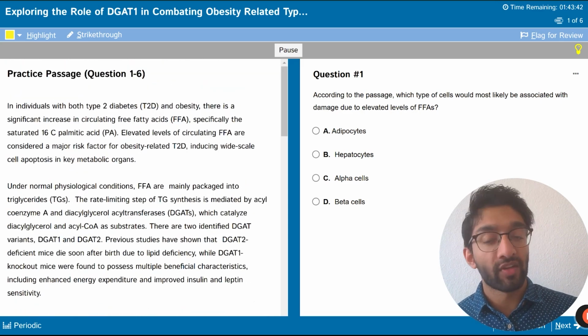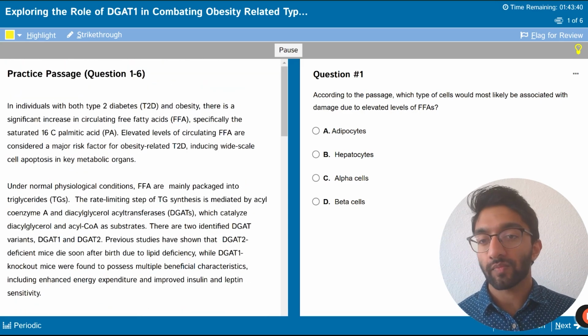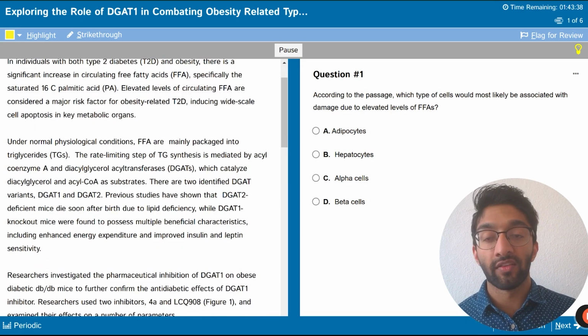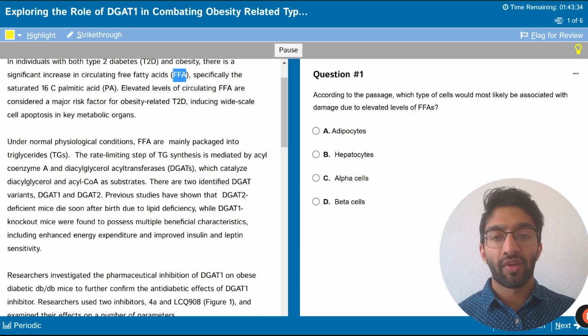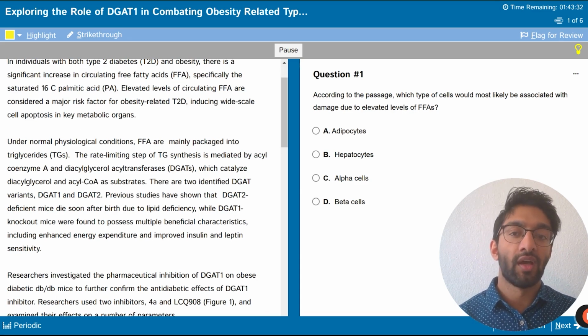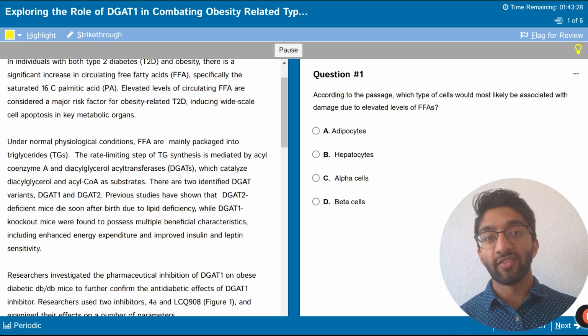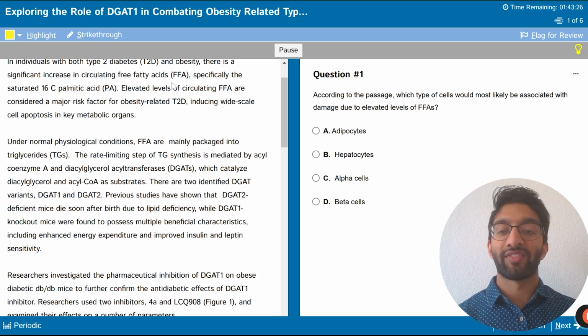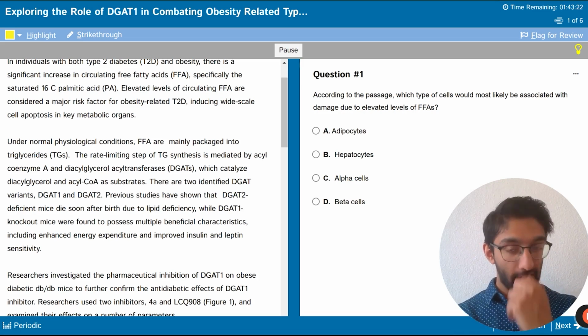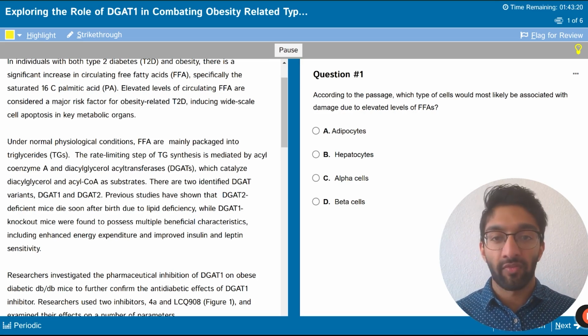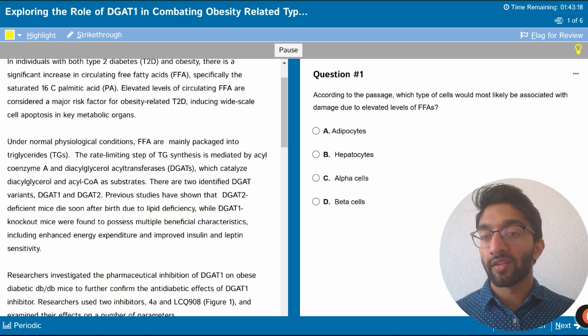So yeah, it's about type 2 diabetes and obesity. And in these diseases, there's a significant increase in fatty acids or FFAs. In general, I like to just stick with the acronyms unless it's completely important for you to know what the acronym stands for. It's just easier to read, especially when you get some of these more convoluted enzyme names and stuff that we'll see later on. So for that reason, FFAs, specifically a saturated one called palmitic acid.